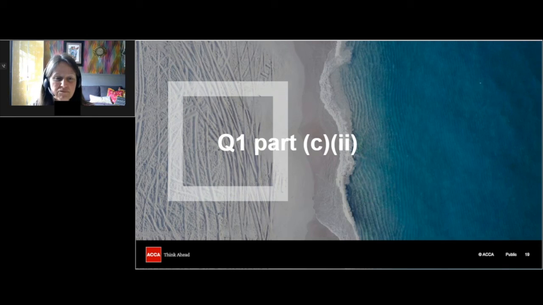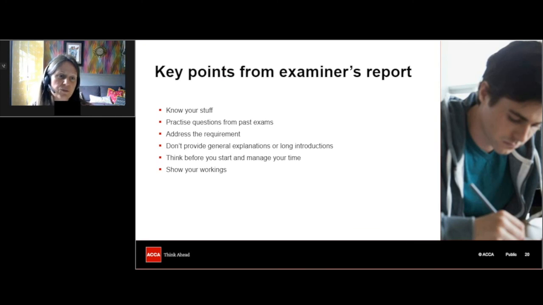And I did bring in, as I went through that, some of the examiner's comments, some of the other key points, or a summary of the key points from the examiner's report for this exam, and you'll find the full report on the ACCA's website. Know your stuff. So, as we've said, good knowledge of the basics of all taxes, particularly TX, is very important.